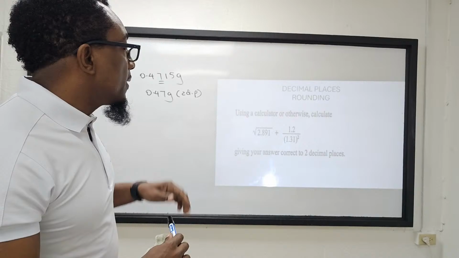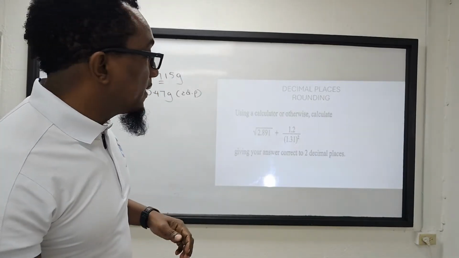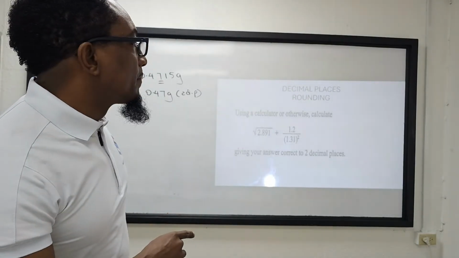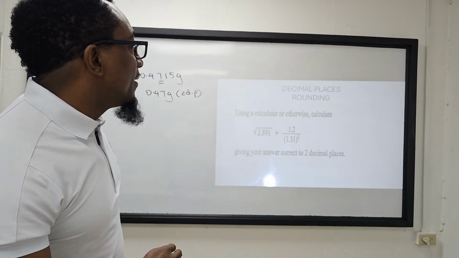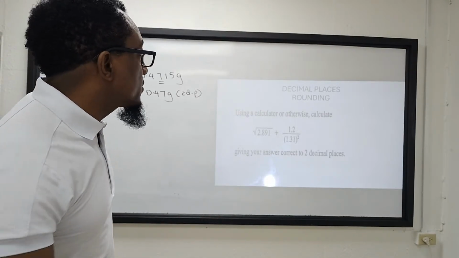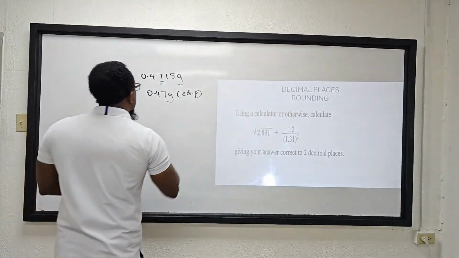So, right. This was the question we did previously, but I had left out how many decimal places to round to. So they did ask you to round to 2 decimal places. So let's work it now where we're going to round to 2 decimal places. So this will be